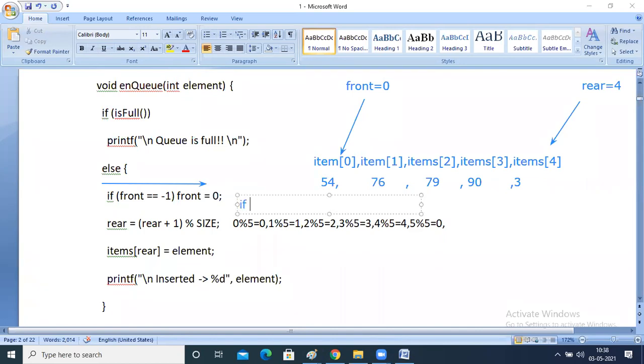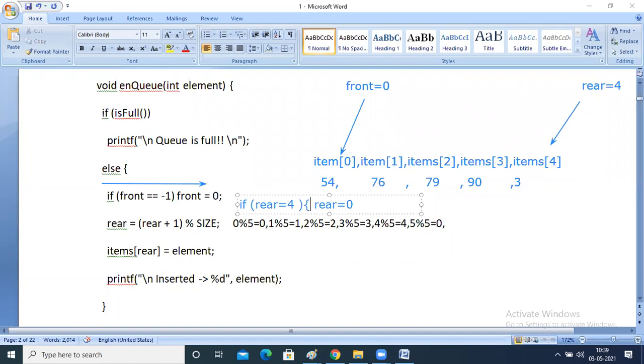If rear is equal to 4, then rear is equal to 0. This also you can write like this. If rear is equal to 4, then rear will become 0.